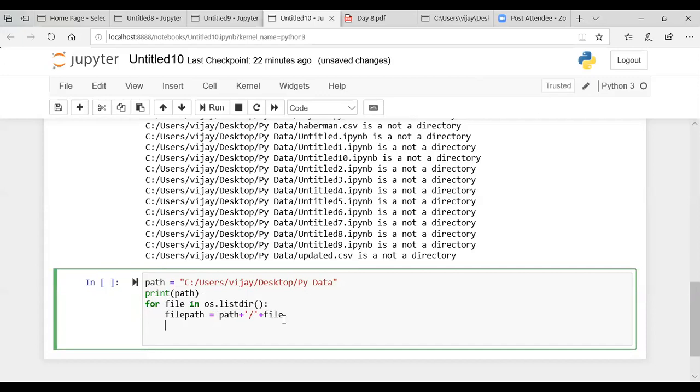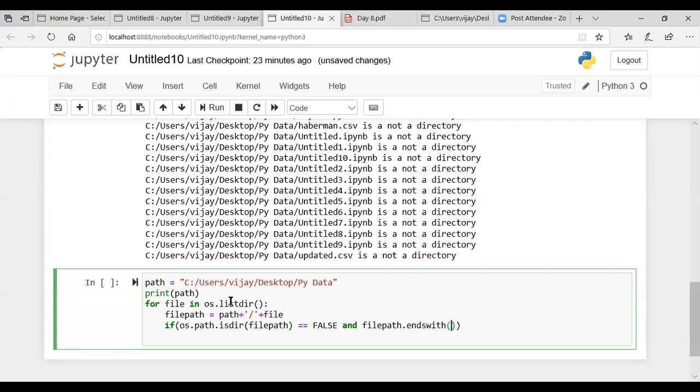Then I'll say here if os.path.isdir, and I'll pass the file path, if this is equal to false, and file path dot endswith.